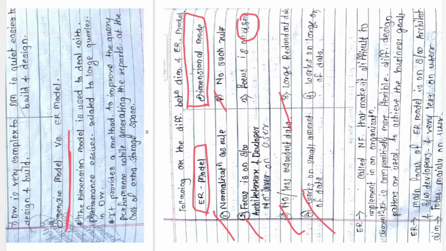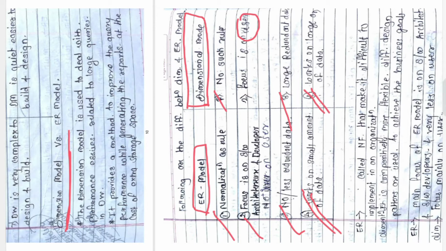But whenever we are coming to the dimensional model, the dimensional model is used in data warehouse, and you know how big the data warehouse can be, up to 1 terabyte, starting from 100 GB, right? And the ER model is not of 100 GB. The ER model is roughly 1 GB, 2 GB, like that. So whatever the tables, whatever the databases we are dealing with, those databases are very small. That's why the ER model deals with a very small amount of data, whereas the dimensional model deals with a large amount of data. Okay, so this is the difference between the ER model and the dimensional model.